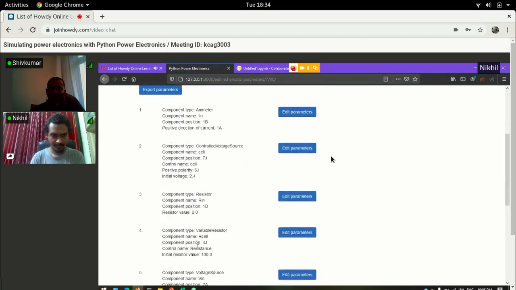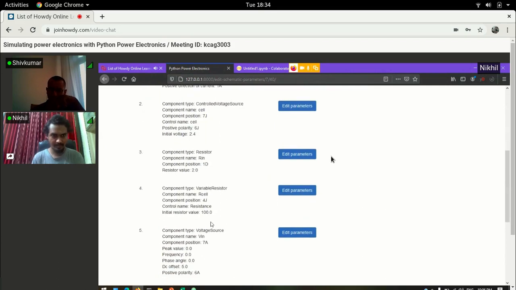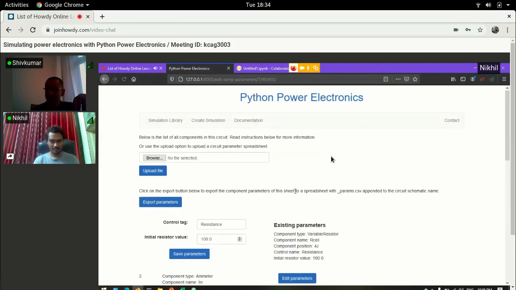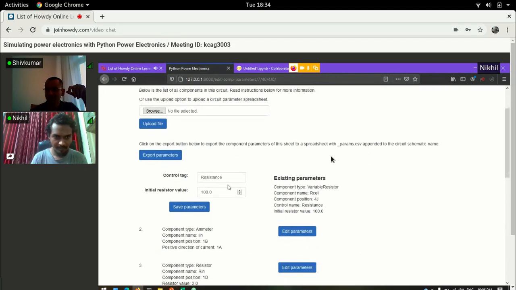So here, if you look, now you will see a variable resistor. Again the same thing, give it a control name which can be the same as a component name. So just call it R cell or whatever. Now the initial resistor value, we do not have to give it much initially, we can continue to give it a small value, make it 0.1 or something, because our main objective is calculating this and mapping it to the Excel sheet. Of course, I don't think we can do that today, but we can do that next week. Continue, right? So if you save it,